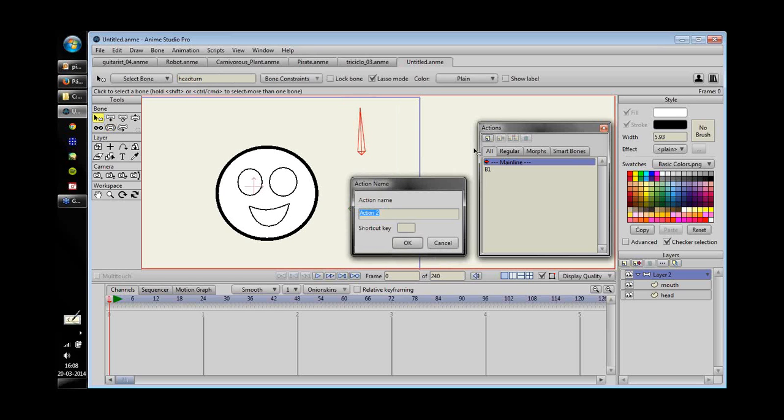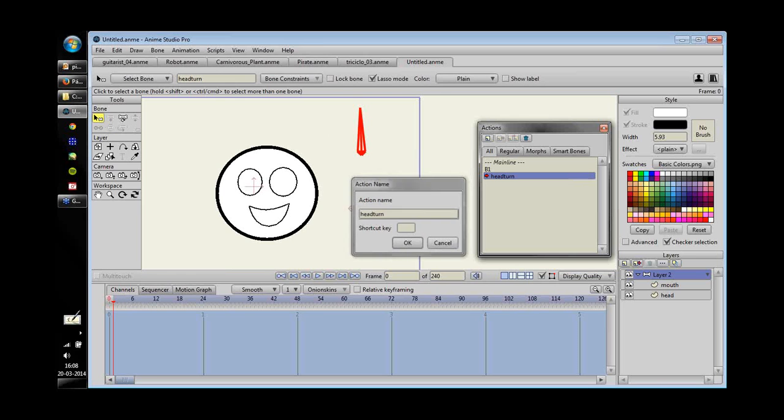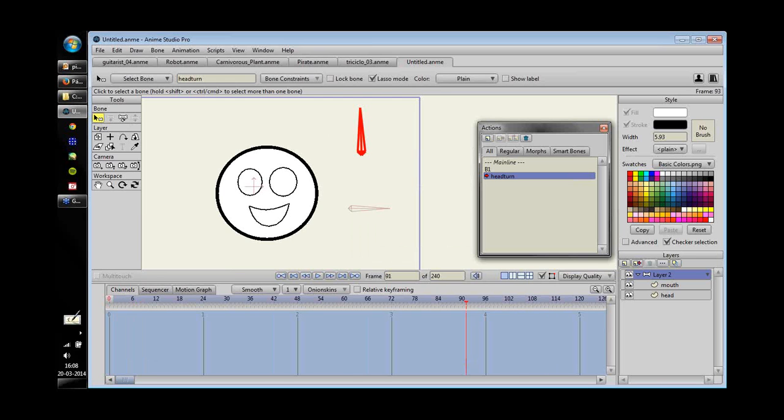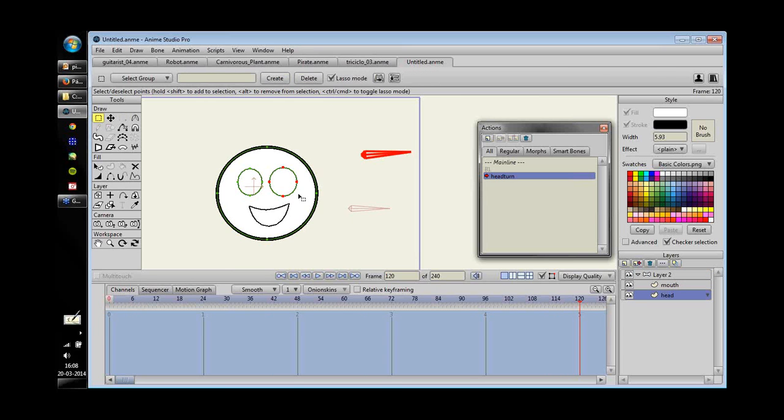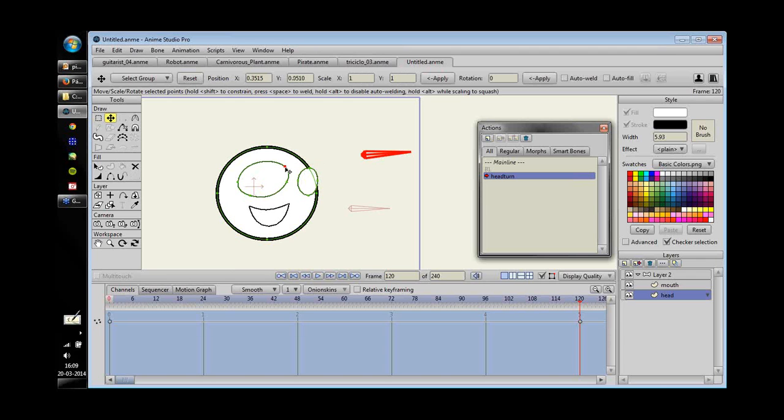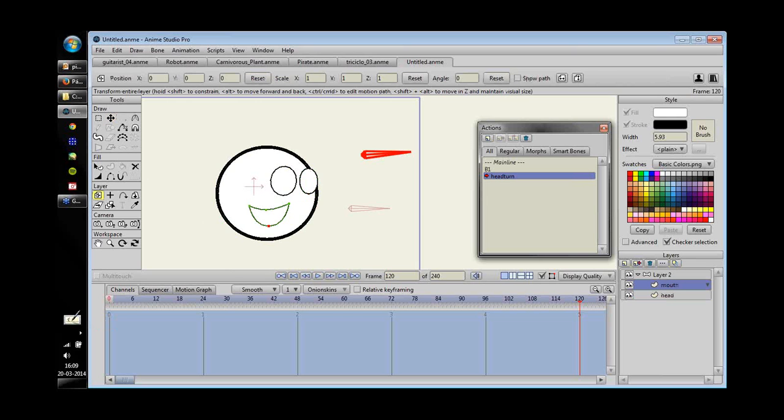Okay, and I will create an action for this head turn. So I rotate the bone to this frame, for example. I will move the eyes by hand. Now he's rotating here. Okay, and one technique to keep the mouth animation is to, instead of moving the points, I can move the